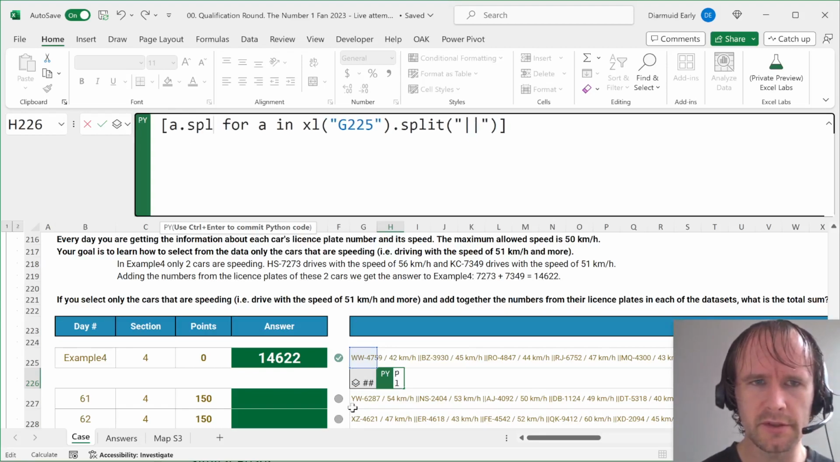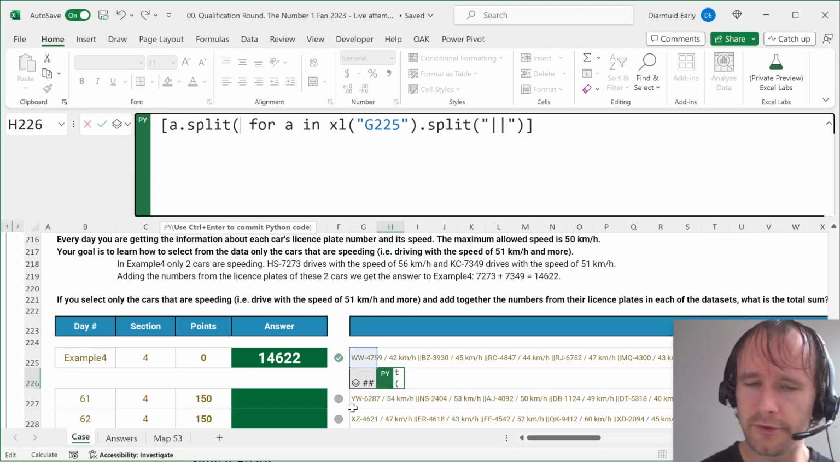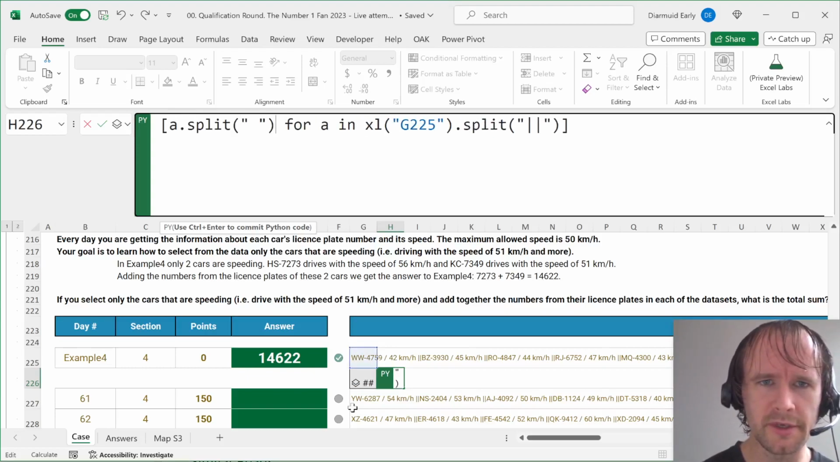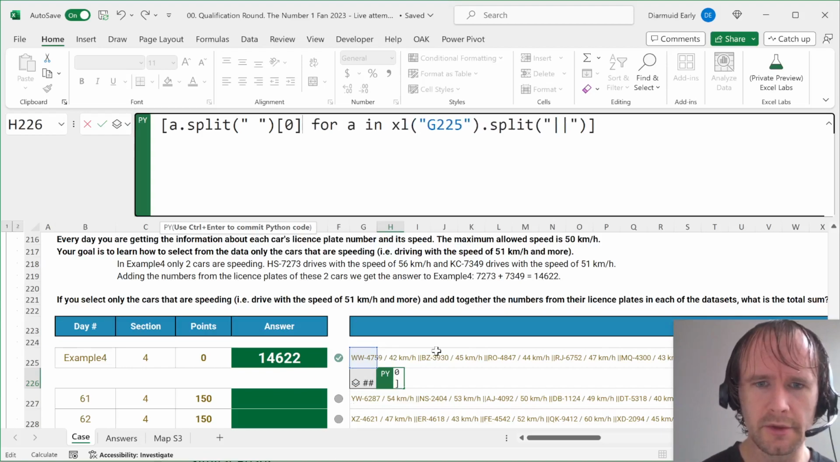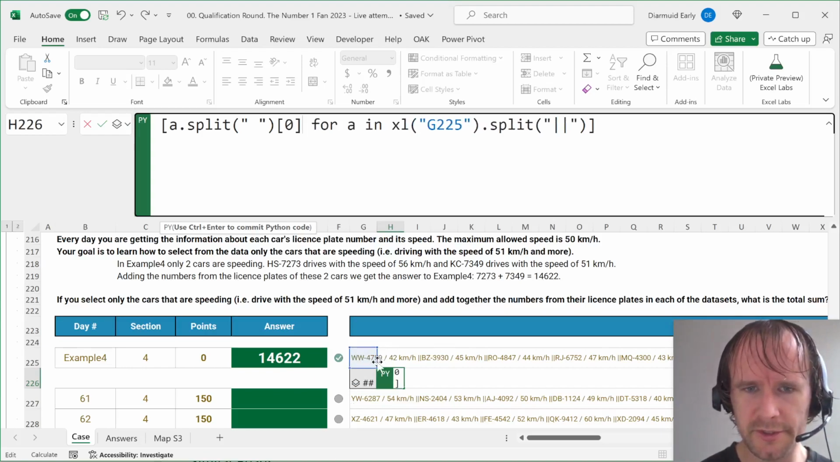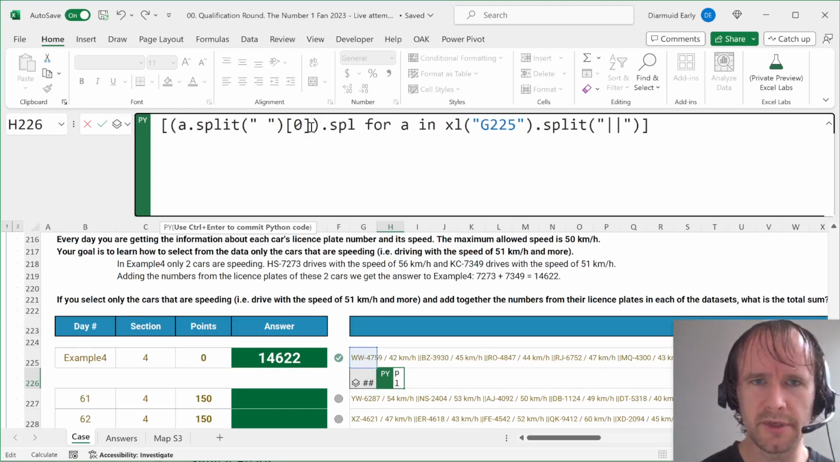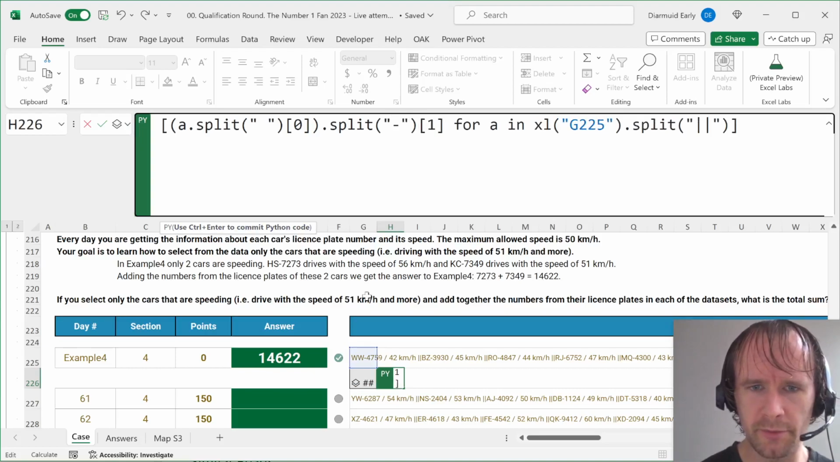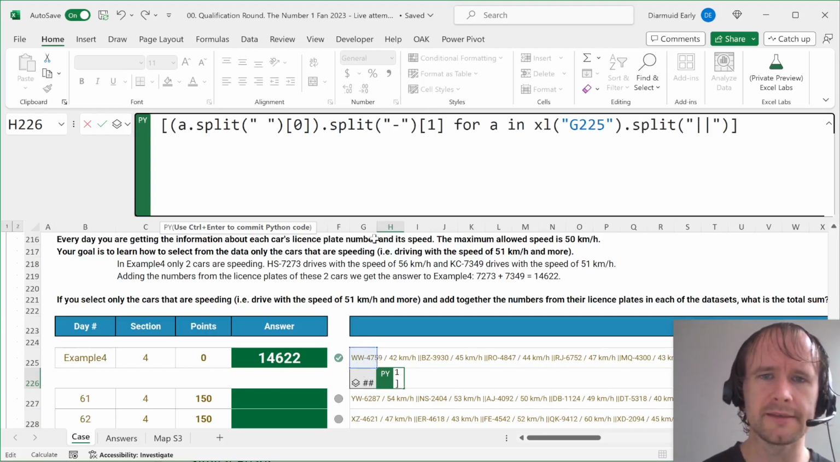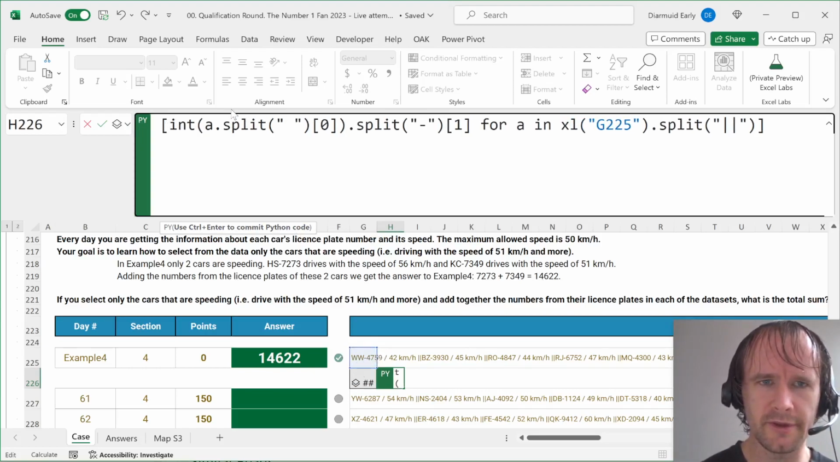So if I say a dot split, I'm sure there's a more elegant way to do this, but if I say a dot split on that 0, that will give me the bit before the first space, which is the license plate. And then if I said that dot split on this, I'm going to take part 1 of that, so that will give me the bit after the dash in that,